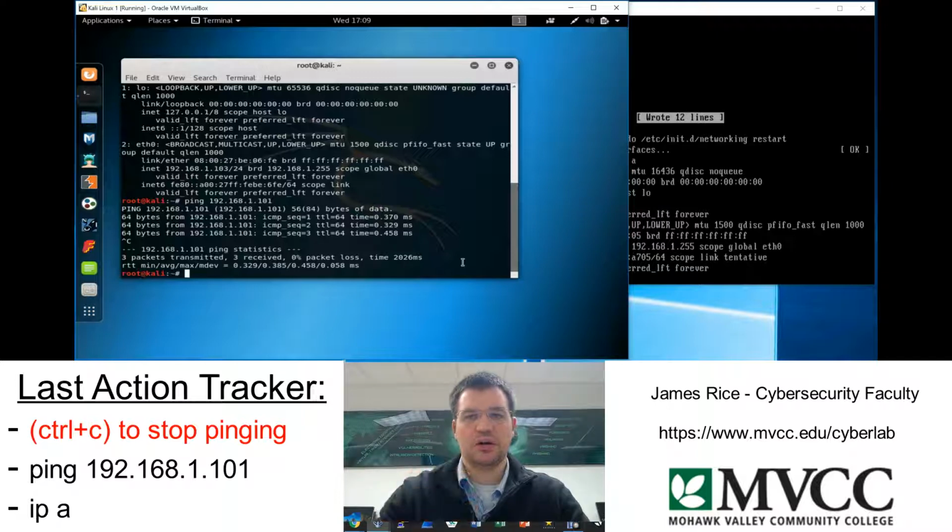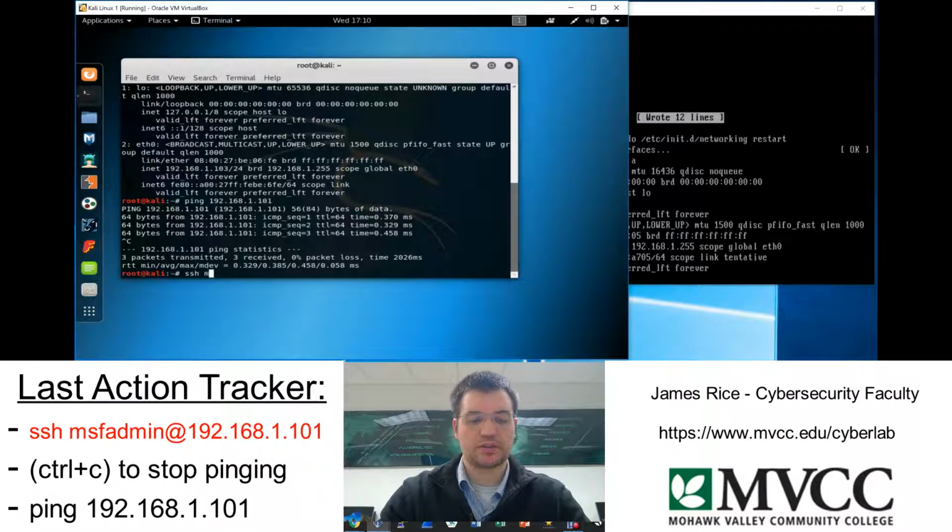Right now, MSF admin, that Metasploitable machine, is running an SSH server. Out of the box, how can I use SSH to connect? SSH gives me a secure connection to the device that's actually running the server, so that's my MSF admin account. The way I would do this on the Kali Linux side, if I was an authorized user, is at the terminal I would type out ssh. I would then type out the user account I'd like to connect as. So let's say I want to connect as msfadmin, and then I would add the address,